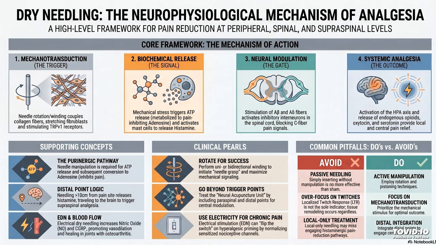Before we sign off, I want to leave you with one final provocative thought to mull over on your own time, something that builds on everything we've talked about today regarding the sheer power of the nervous system. Consider this. If simply inserting a tiny, sterile 0.3 millimeter filament into the distal skin and connective tissue of a patient's calf can send a signal traveling up the spinal cord, alter central nervous system processing in the brainstem, and completely shut down a violently painful muscle spasm on the exact opposite side of their body, what does that mean